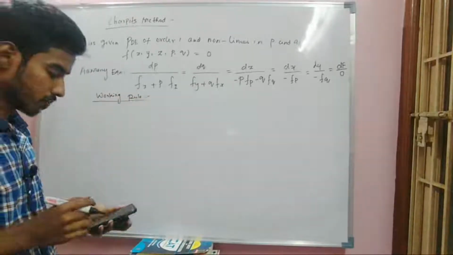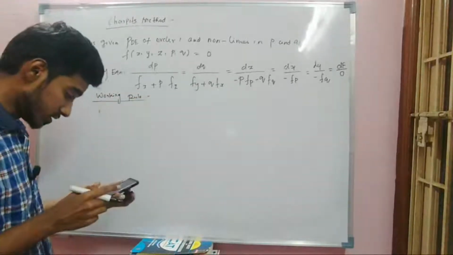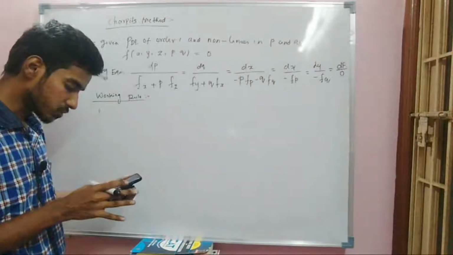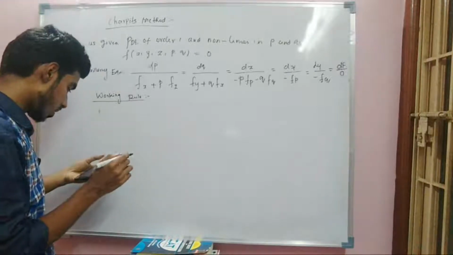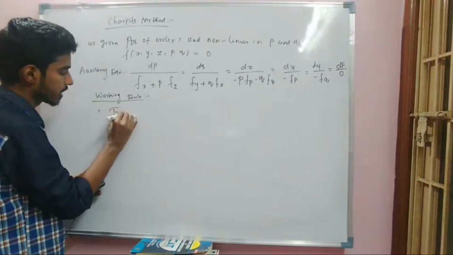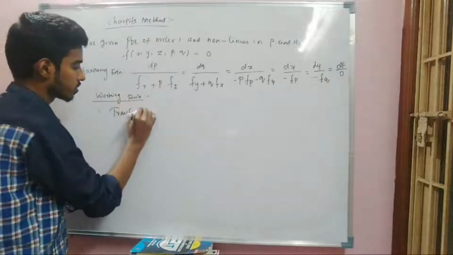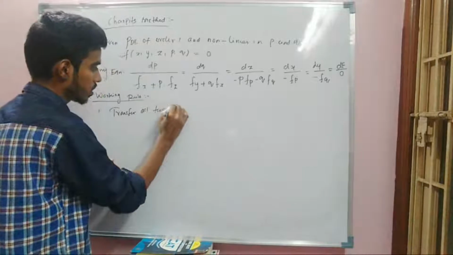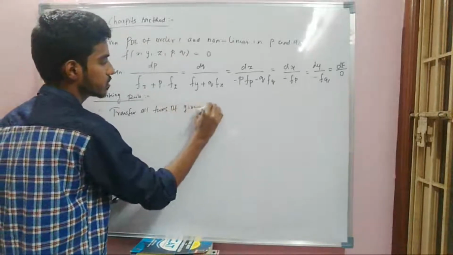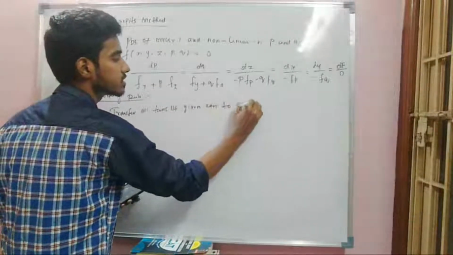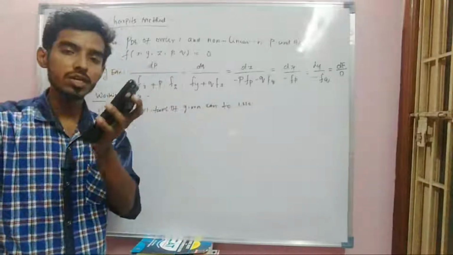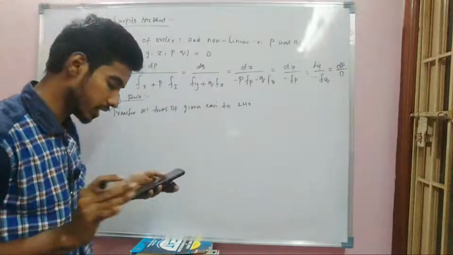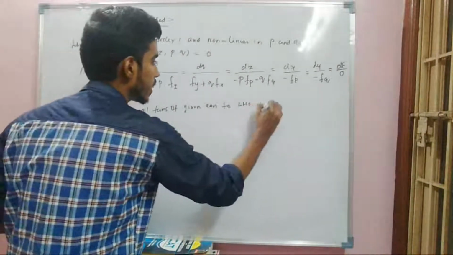Right, working rule. So the first step is transfer all terms of the given equation to LHS and denote the entire expression by f. That is, when something is equal to something, you bring back all the terms to LHS and put it equal to 0, right? And denote the entire expression